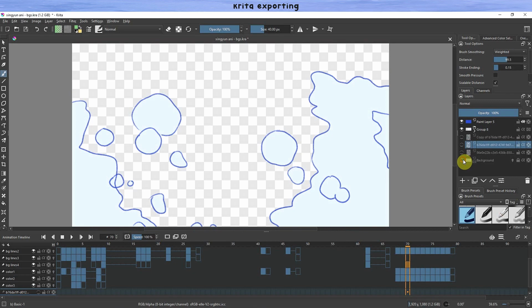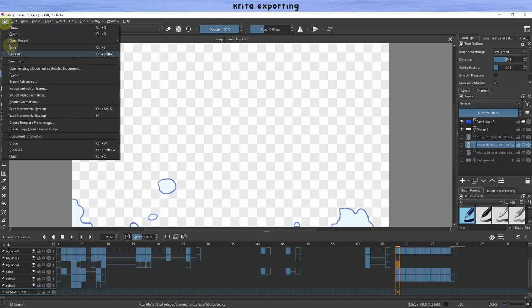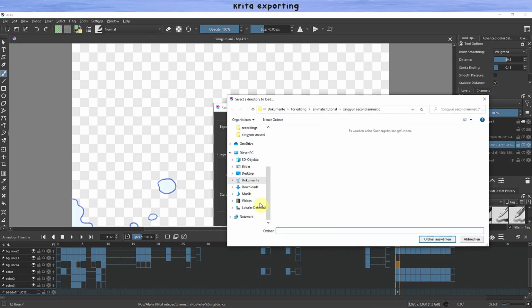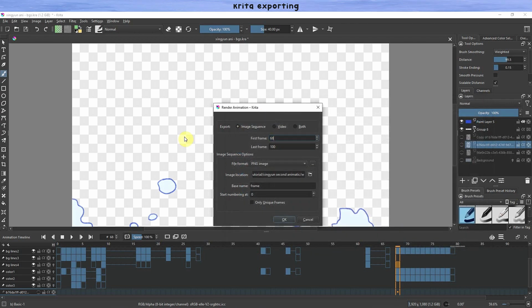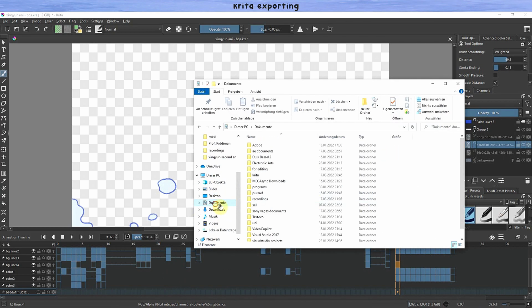But now let's say you want to export this as an image sequence with the transparency. What you have to do for this is you go to image sequence, and then you can pick the PNG images, and this way the alpha of the whole animation will stay there, and then you specify a location again. Let's say I want it to be in, and I'm gonna create a new folder called V. I'm gonna pick this folder and let's say 68 to 80. You can see that this is how the software will name all the images, and now it will also create this. And let's go to the folder,